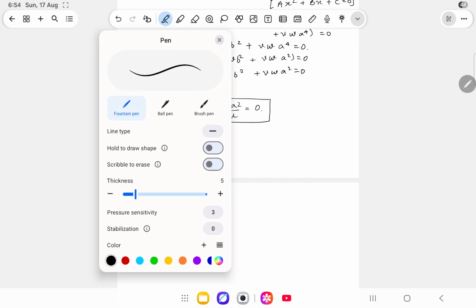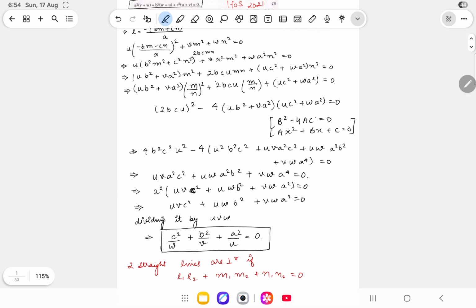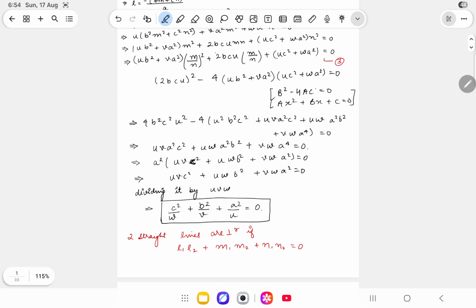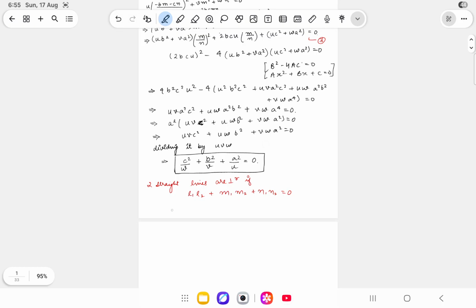Now we know that two straight lines are perpendicular if the sum of the products of their direction cosines is equal to 0. That is, if L1 L2 plus M1 M2 plus N1 N2 equals to 0. Now using this equation, let's name it as 3, we can get the value of M1 N1 into M2 N2. So using this, here we know that